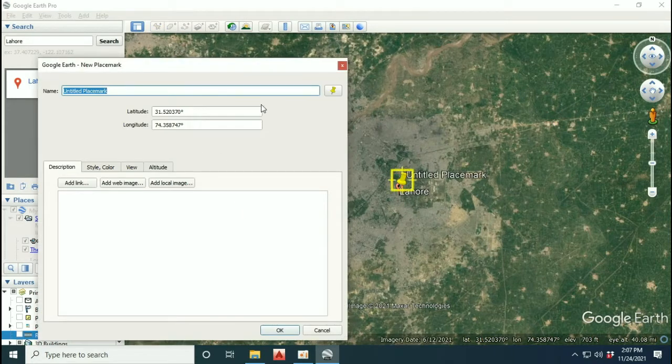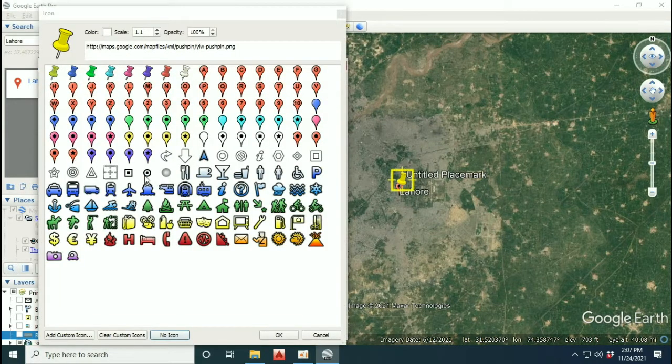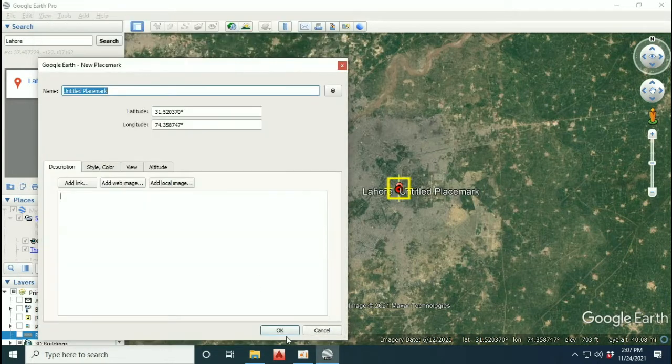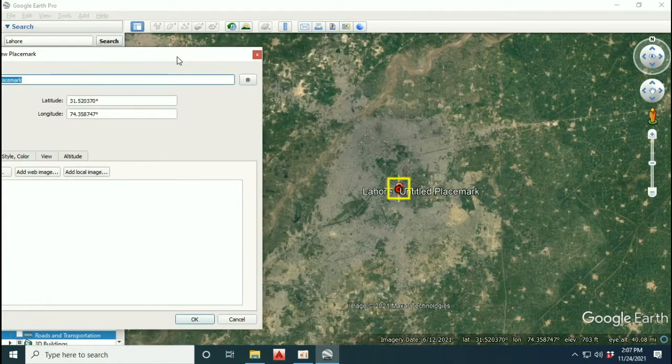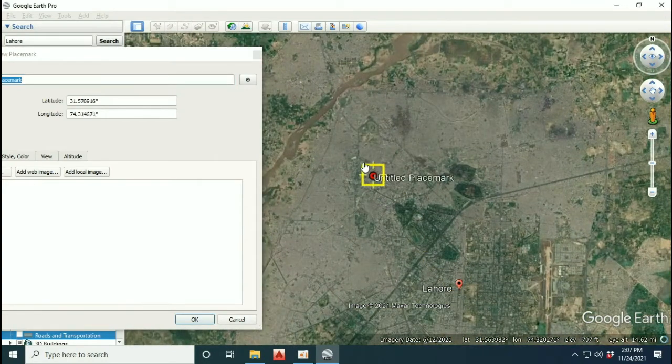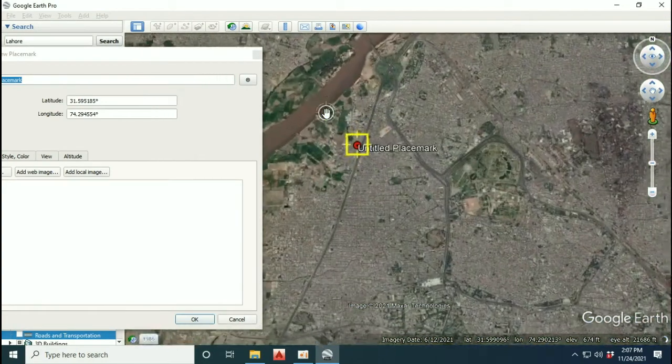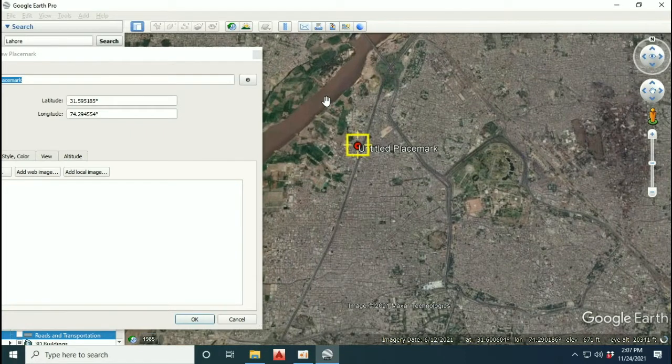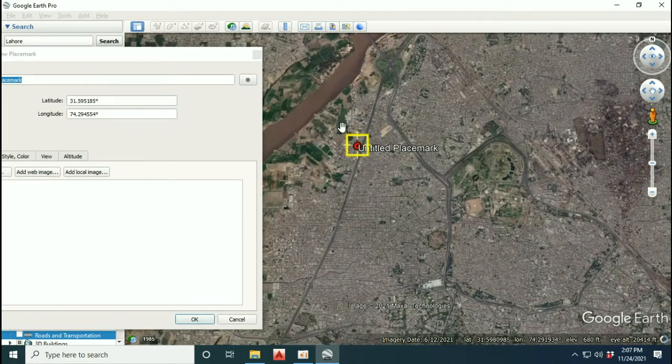Now add place mark number 1. Add place mark over the area which is visible to you easily.